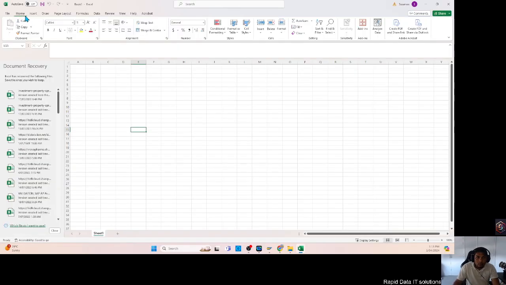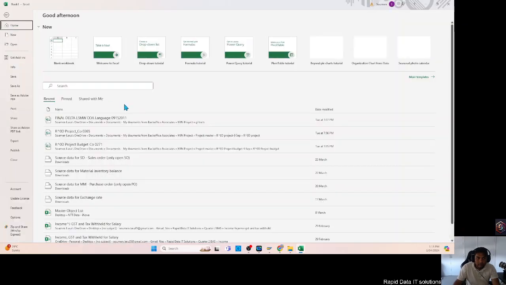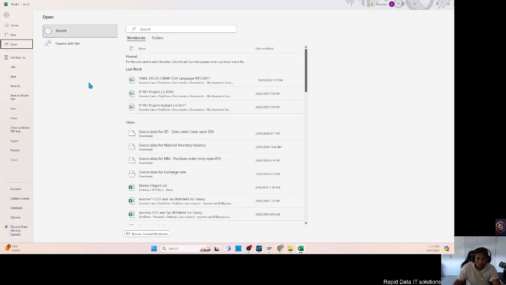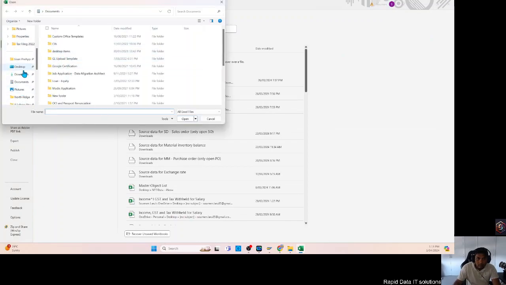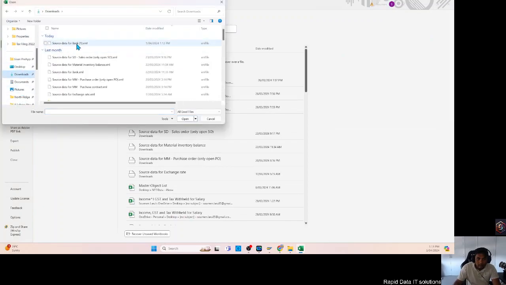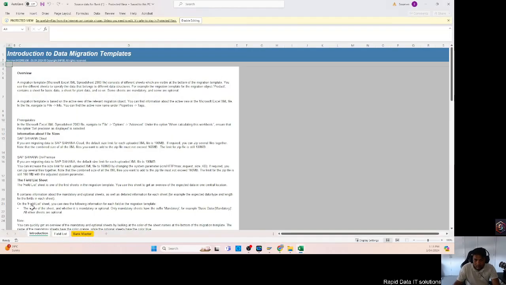So you go inside the Excel app, and then you go to data, and no, sorry, in the file you got the option called open here. You can open the file from the download. Select this downloaded template and open it, and it's going to now give you that complete template with the columns,